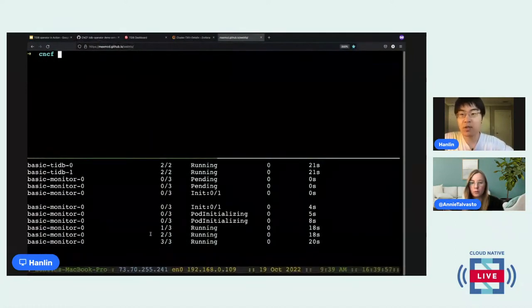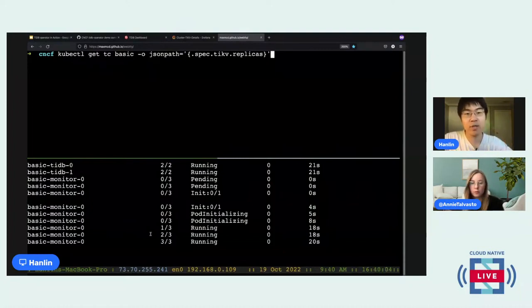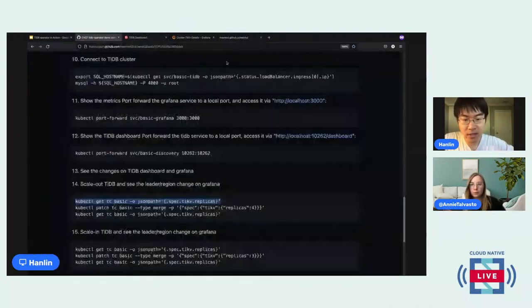So let's first check the current number of replicas in the system. Originally, in the TiKV spec, in the TiDB cluster spec, we are specifying 3 instances. We are just confirming that we have 3 instances for TiKV, and then we can do a patch here. We can create a patch to patch the number to 4,